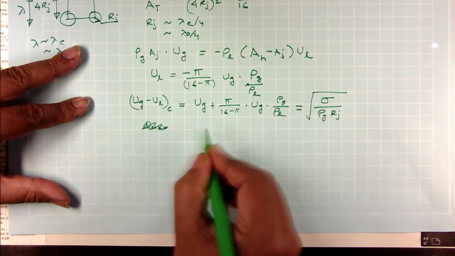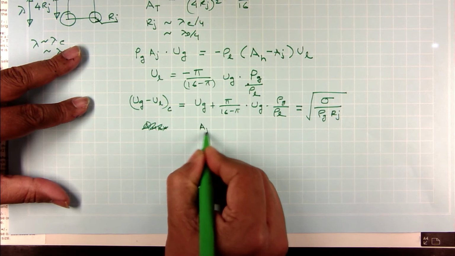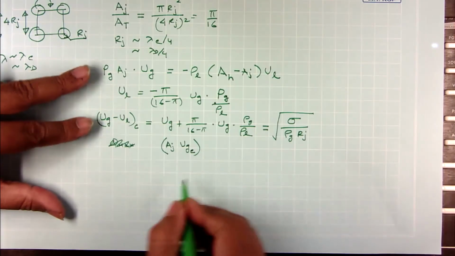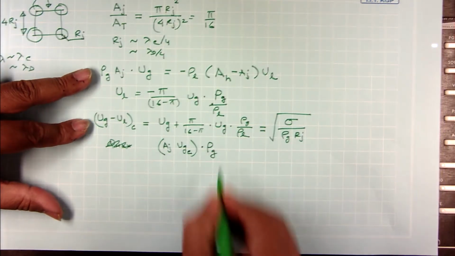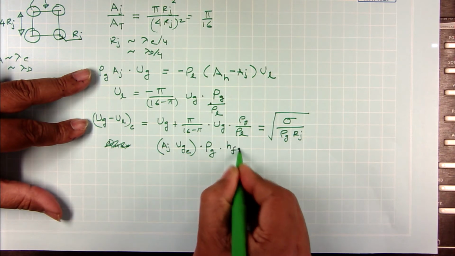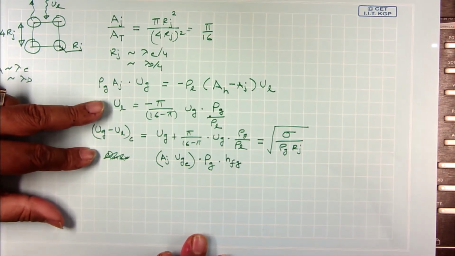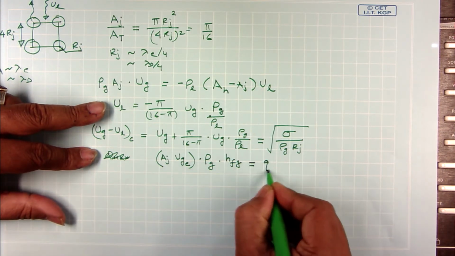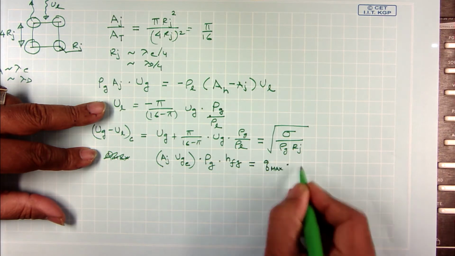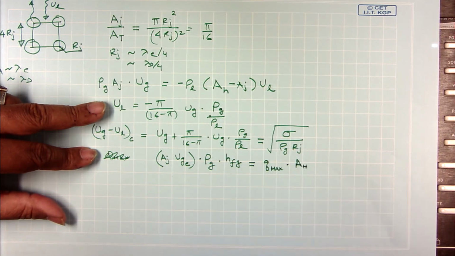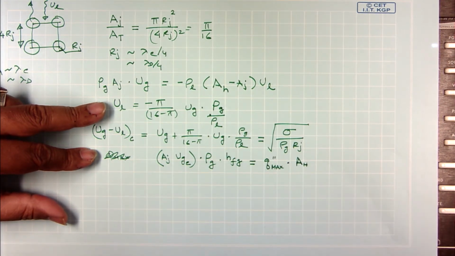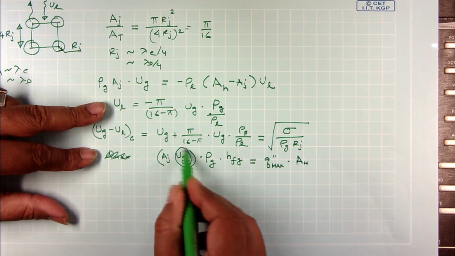So, if the area of the jet is AJ, that times UGC is the volume flow rate, that times rho G is the mass flow rate, that times HFG is the latent heat I am taking with me, and that should be equal to my Q max times area of the heater, right, the Q double prime max times area of the heater. And so, if I substitute for UG from this equation,